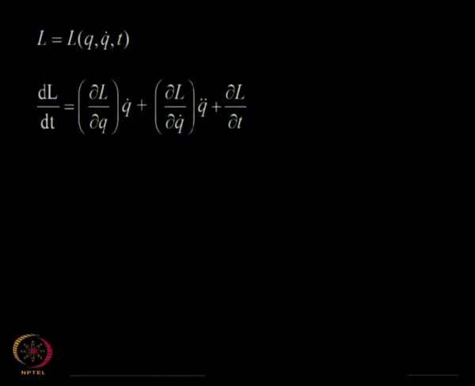Now, let us write a more general Lagrangian, which is a function of q, q dot and t, which is sometimes the case, and we will very soon see when t must be included and when it need not be included. If you have an isolated system and there are no missing degrees of freedom, and I discussed this in a different context earlier, but I think that example is a very useful one, that if you are